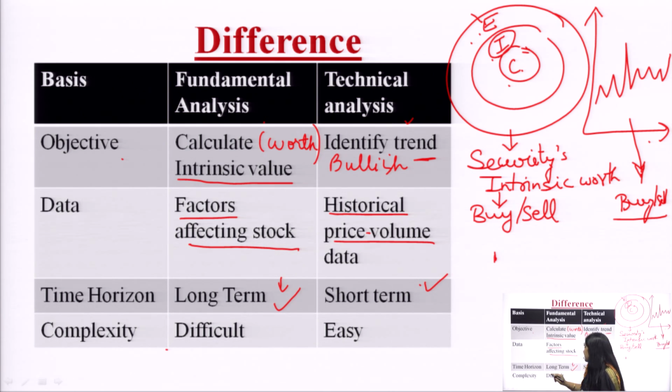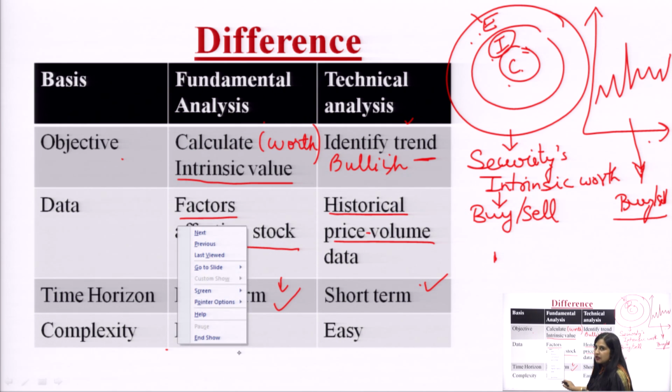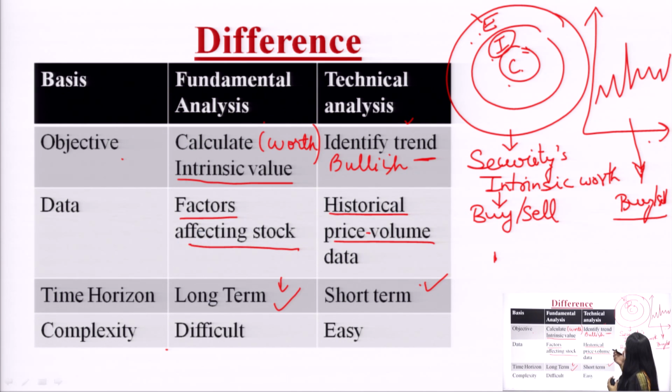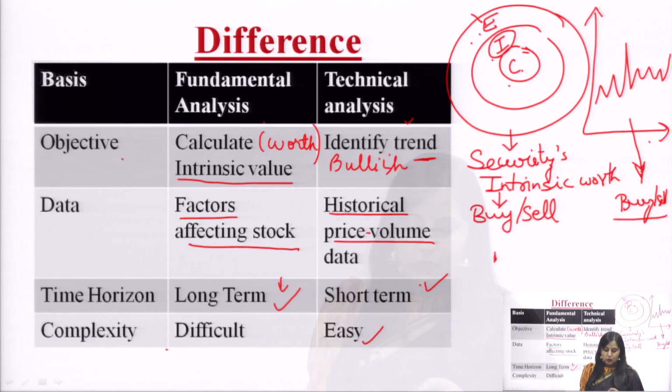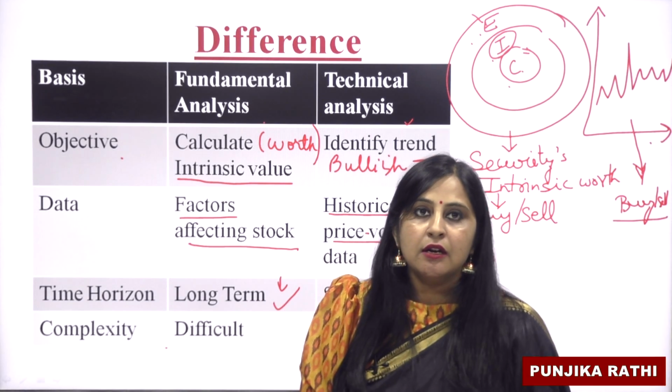Complexity: fundamental analysis is very difficult to use, because it is a time taking process, and it has to be done by analysts, some experts of the market. But technical analysis is easy because there are ready made technical tools which we can see on the stock exchanges' websites as well. So I hope the difference is clear, and let us